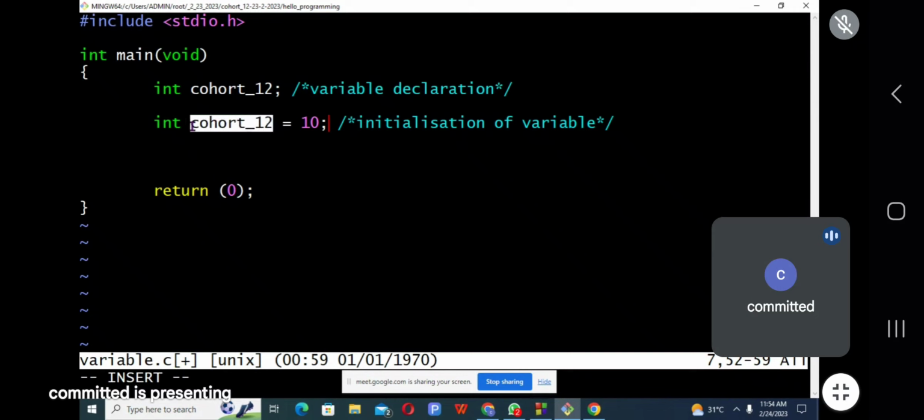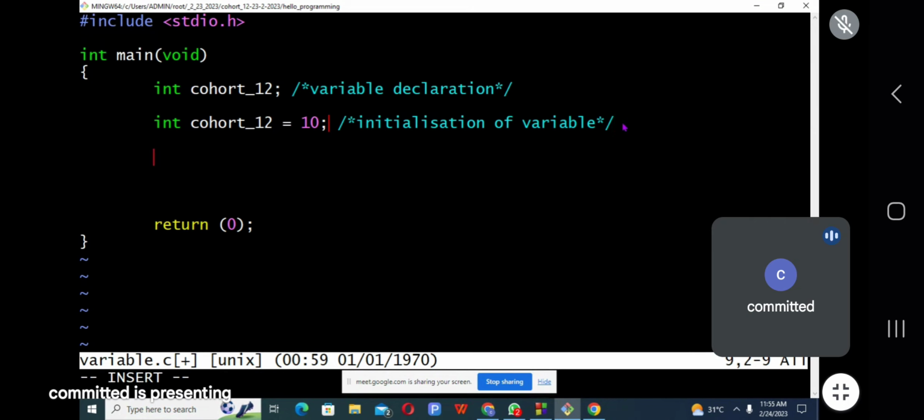So this variable is now storing, it is holding this 10. Anywhere I see the variable, it represents 10. Anywhere I see 10, it represents the variable, because I have assigned 10 by using the assignment operator. So it means that our variable is equal to 10, whose data type is an int.